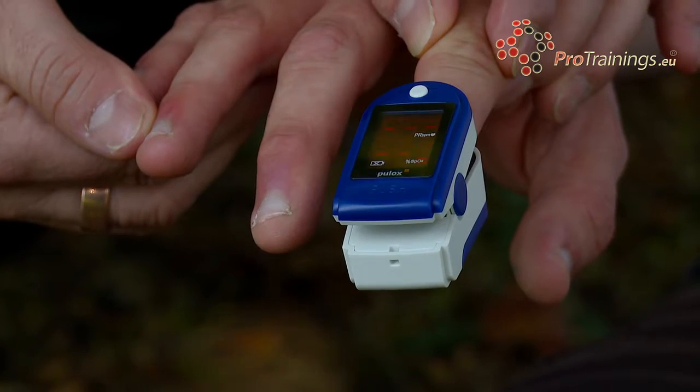Look at the condition, look at the way they're posturing, look at the way the pulse oximeter is reading, and make your decisions from accurate statistics and facts and figures. Don't guess, don't jump to conclusions. These are designed to give us accurate feedback. But as I said, don't forget carbon monoxide in a room,